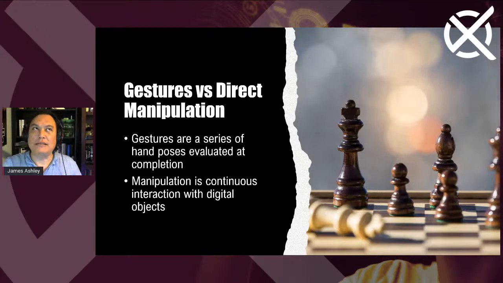But there are usually other gestures that are also direct manipulations. And if you ever worked with a Surface table, this was really common there, where most things were direct manipulation. And so you'd be able to drag things around the screen. And that always responded in real time. So the language I learned for this was gestures versus direct manipulation. But later on, I found another set of terms